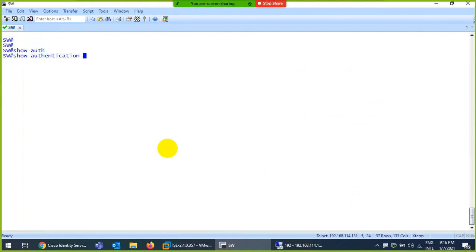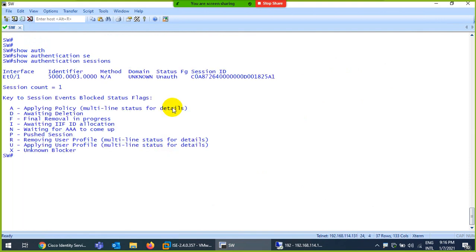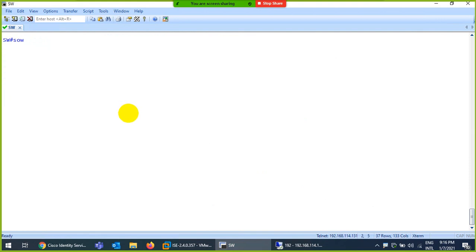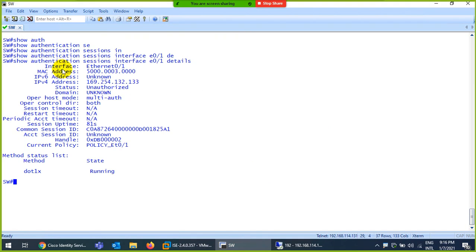And if I say show authentication session, it says unknown, that somebody tried, and if I say show authentication session interface E0/1 detail, it says multi authentication and this is unauthorized, and he did not get the IP, an APIPA he gets. They will give them nothing.